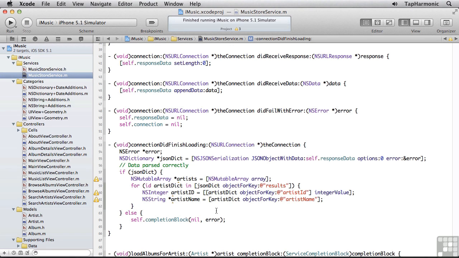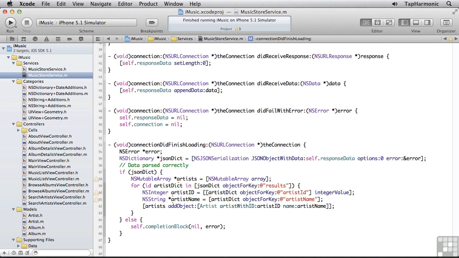Then in each pass, I want to ask for the artist ID, and I'll parse out its integer value, and then the artist name. Then finally, I'll create a new artist, passing in that artist ID and name, and add it to our artist list. And finally, I want to call the completion block, passing back our collection of artists. So I'll run the app,